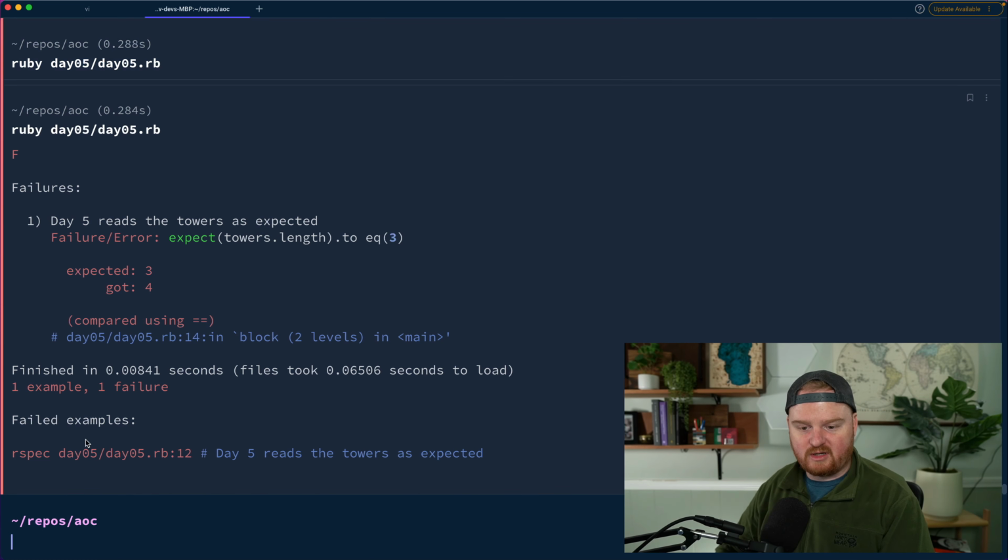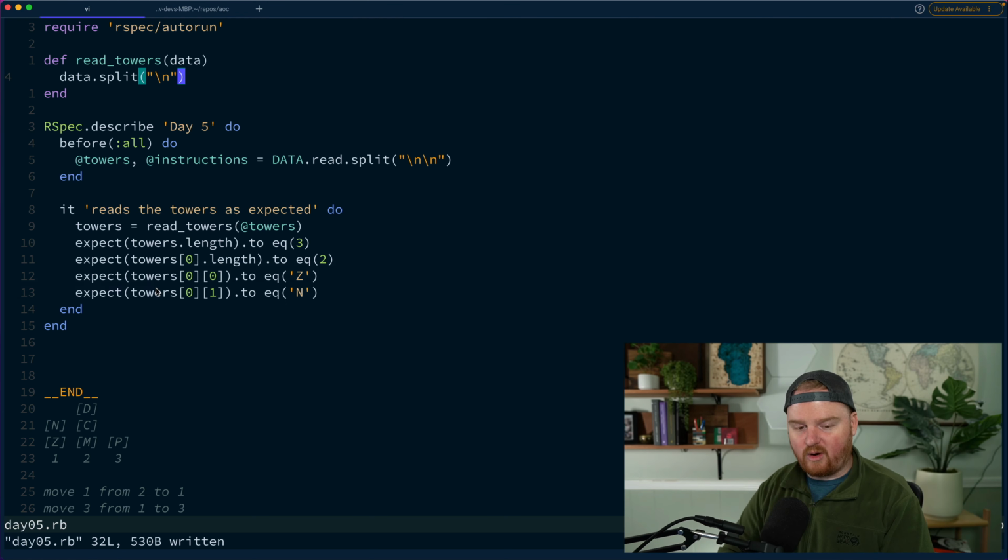And that should give us some rows. That's going to be different than what we actually want though. Okay, expected 3, but we got 4. Okay, the other thing we can do when we're using rspec is if we want some other